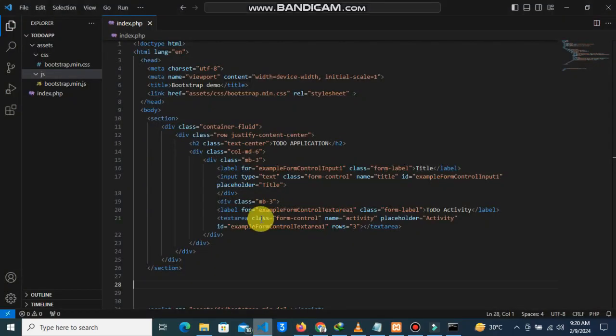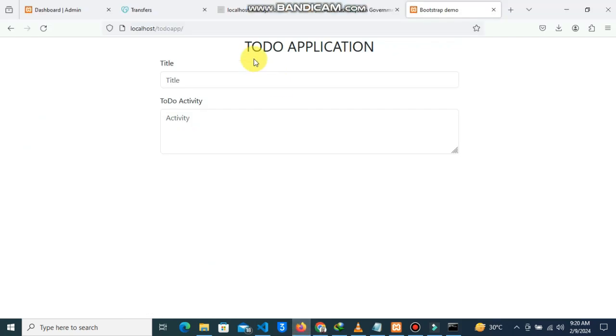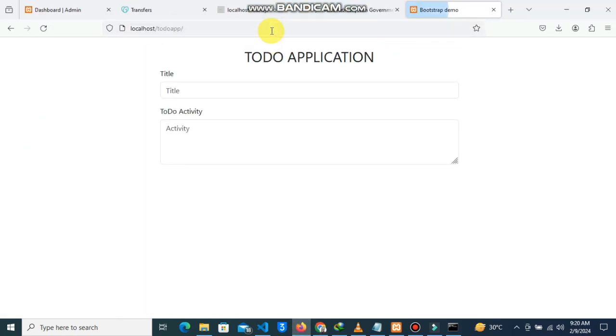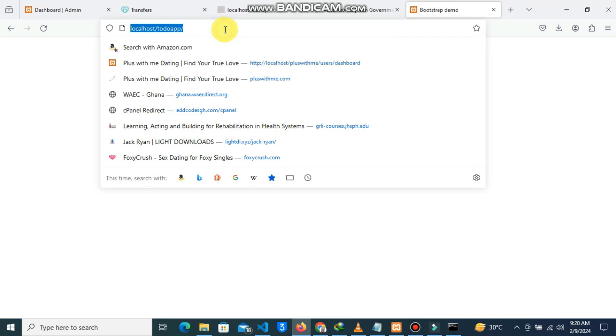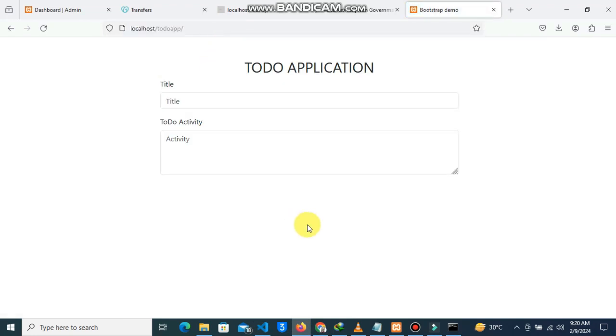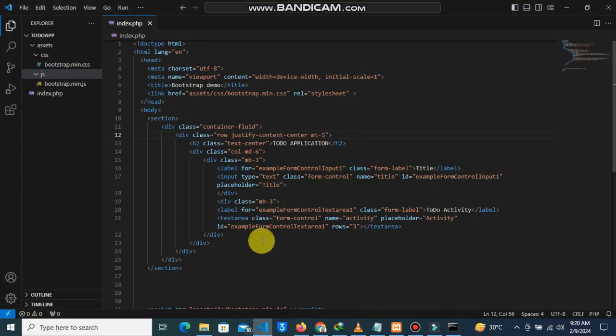All right. Now let me give a small margin at the top. So margin, see there is no margin. So let me just give small margin at least. Let me make it 5 so that at least there will be space. Okay. Now we have this. Let me create a small button here for our submit. So button submit. I'll have type